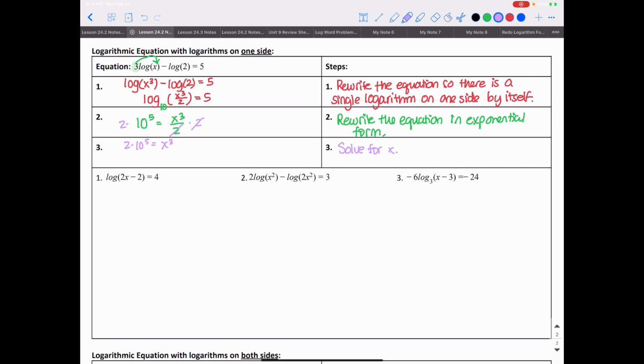And that's going to cancel out the 2's here. I'm going to end up with, on the left-hand side, 200,000, and on the right-hand side, I'll have still x cubed. To get back to x by itself, I'm going to take the cubed root of x cubed. And when I do this in my calculator, I'm going to end up with